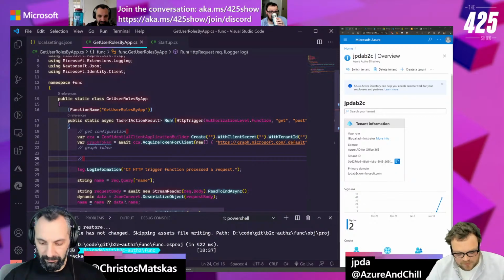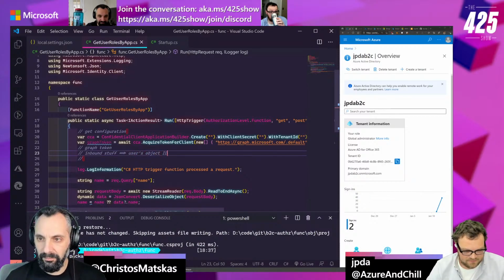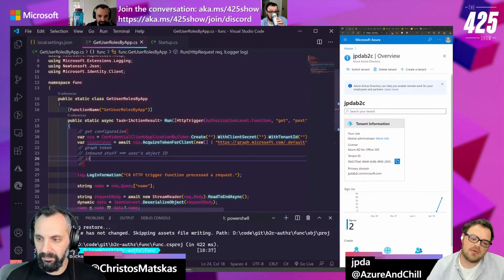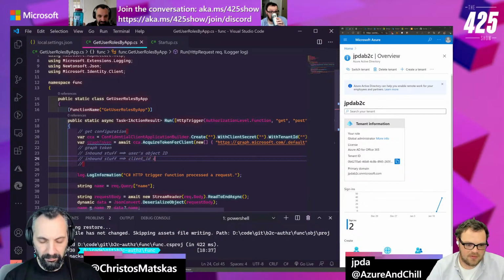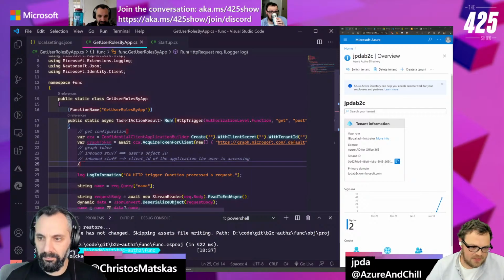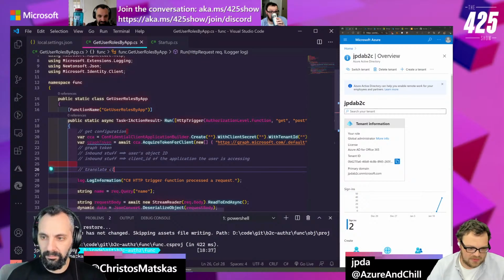We're going to have two things coming from a user, coming in from B2C: the user's object ID, so who the user is, and the client ID of the application the user is accessing. So the first thing we need to do is translate the client ID to a service principal ID,